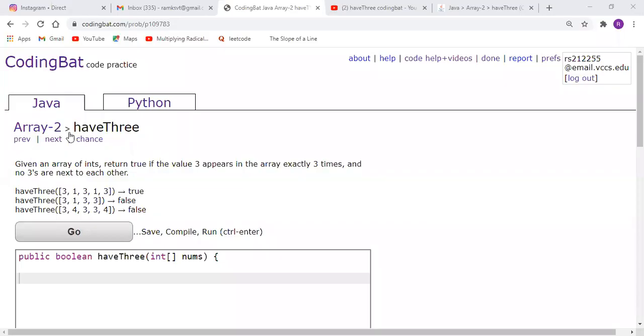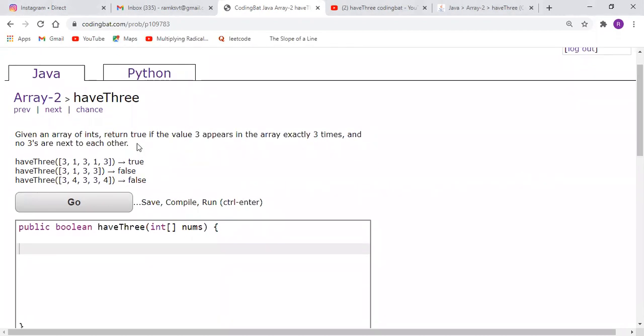So this is array2 have3. Given an array of integers, return true if the value 3 appears in the array exactly 3 times and no 3's are next to each other. So if I were just to look at the first part of this question, which says return true if 3